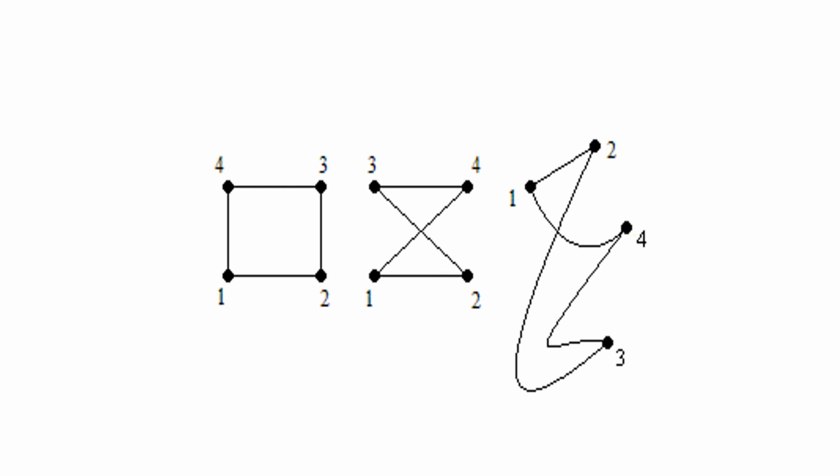Here we can see three isomorphic graphs. In all the three graphs we have 4 vertices, 4 edges, and all the vertices are of degree 2. The incidence relationship is also preserved. So these three graphs are isomorphic graphs.